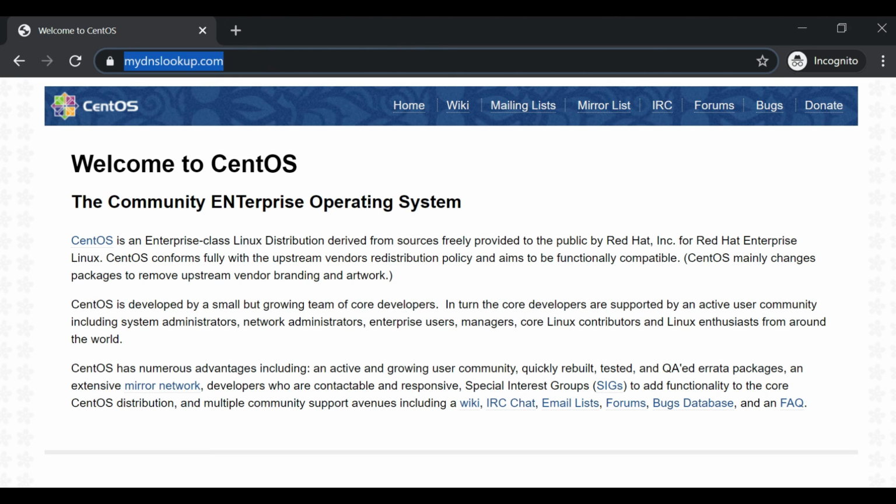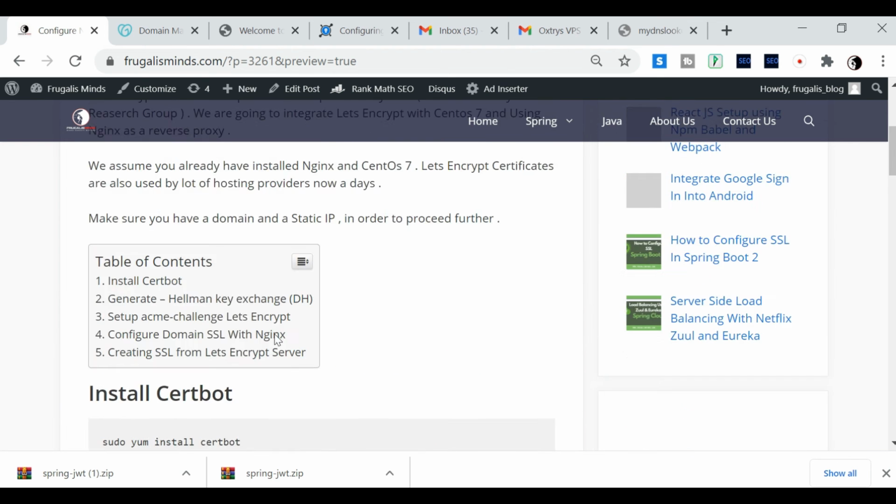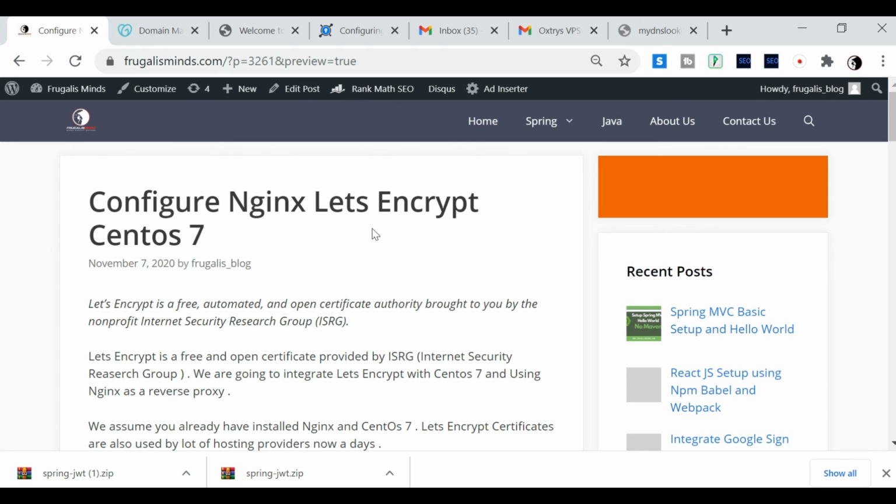So we have seen how you can configure Nginx, Let's Encrypt, SSL, all those things, and you can also host your servers. Let me know in the comment section if you're not able to route your application through Nginx and load some UI or something like that. If you have a React UI or a Node.js based application, you can easily do that using Nginx. I will update all those things in the document. If you're not aware, follow this document, this will help you. I will put this document in the description.